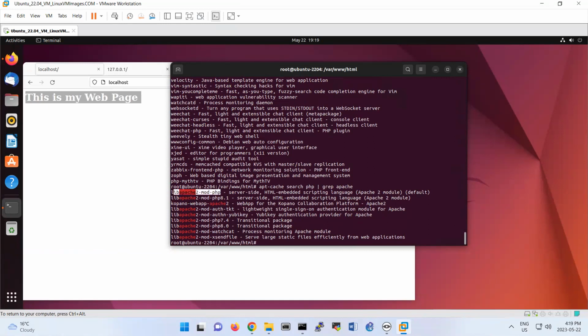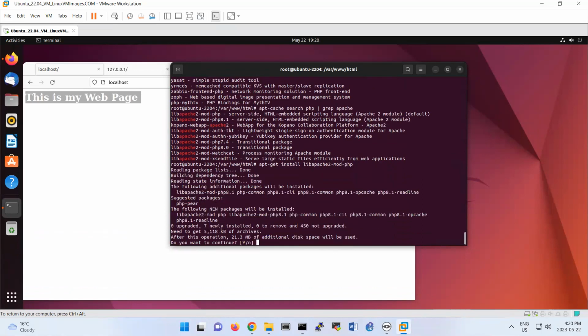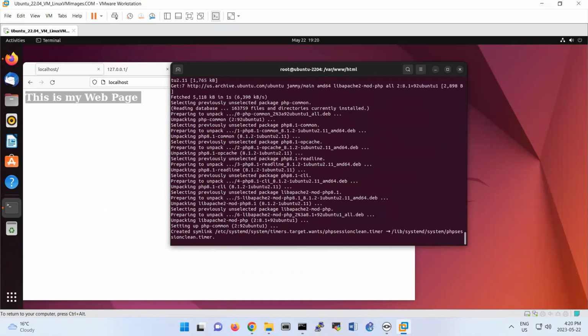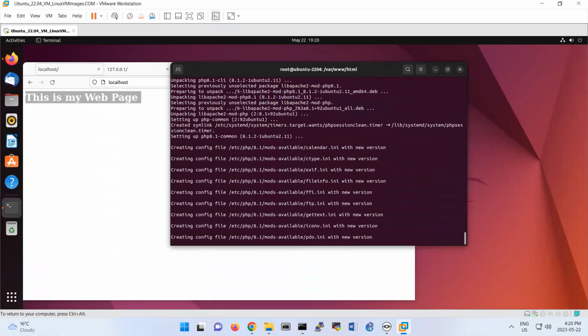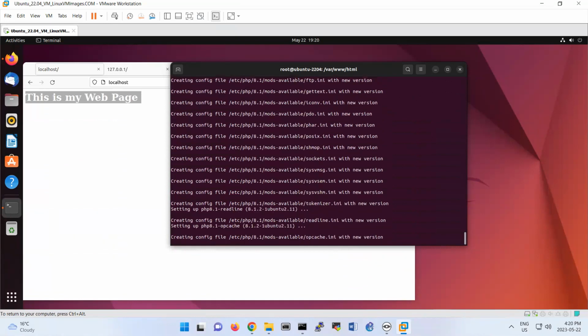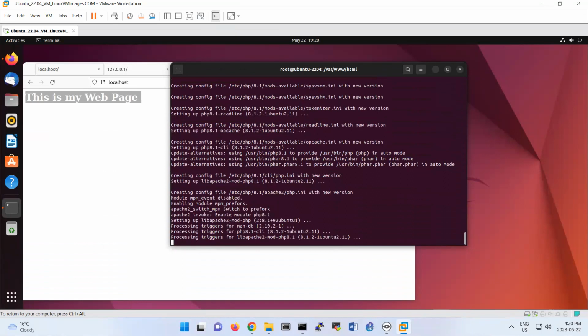So I'm gonna install this one, libapache2-mod-php. So apt-get install libapache2-mod-php. So that installs Apache modules. Look, I'm installing PHP version 8.1. And then